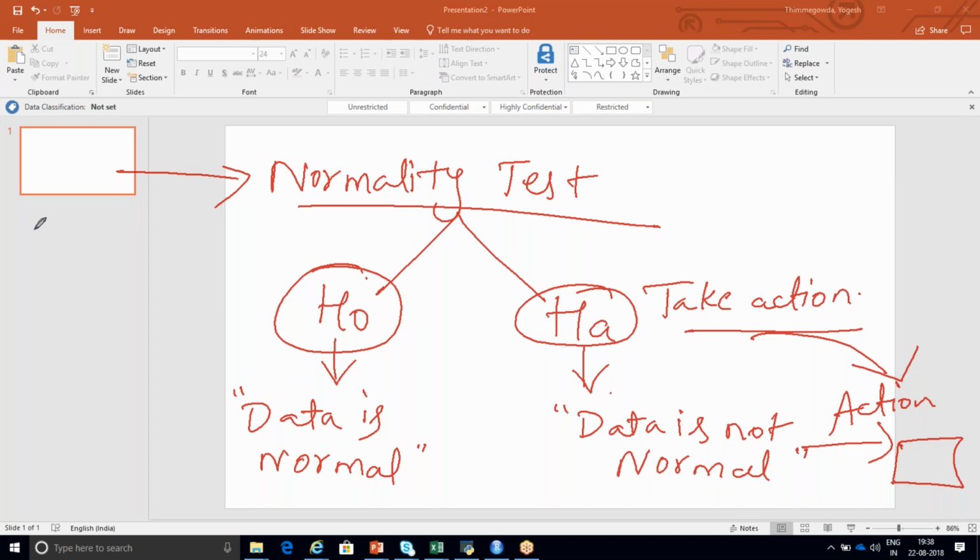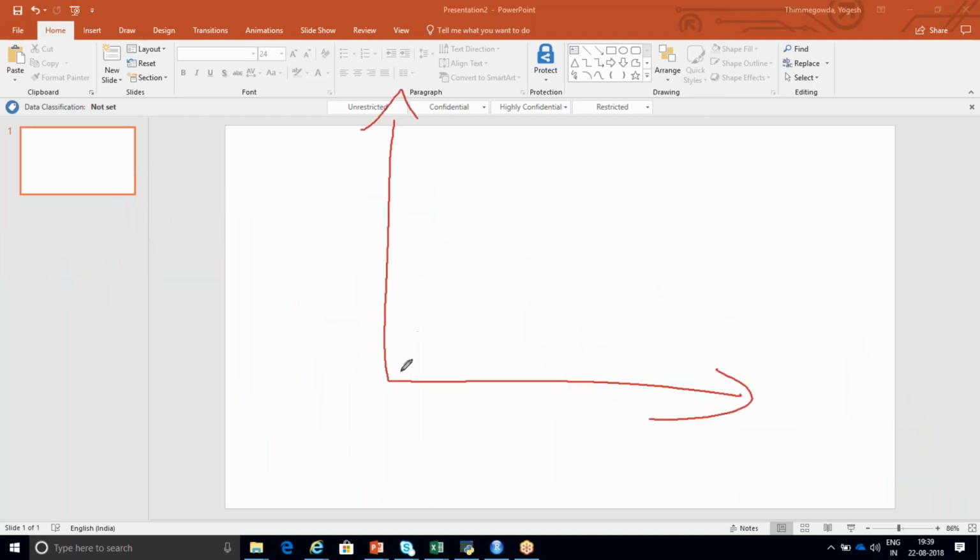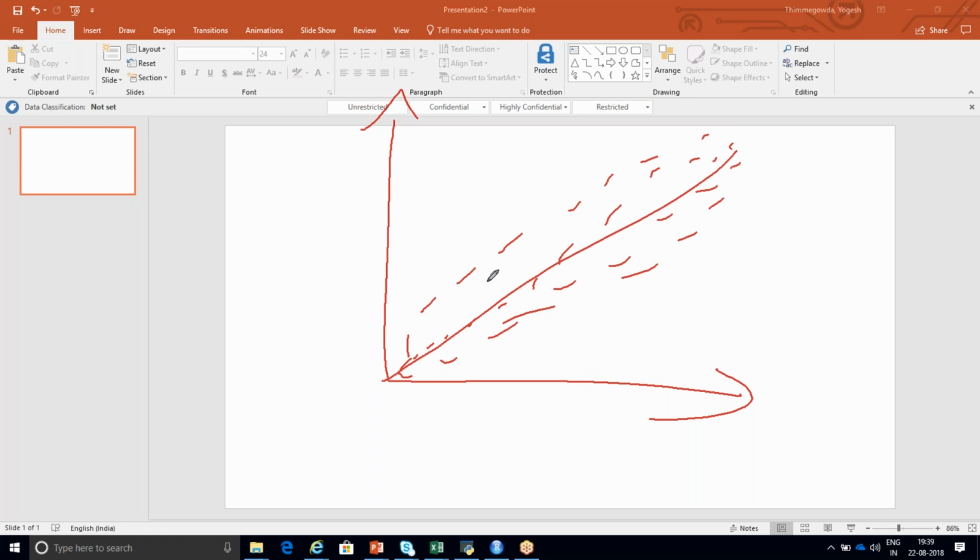And based on this, we are going to discuss something called p-value. Did I explain you about p-value? No, right? So today I'm going to explain how to check whether your data is following normal distribution or not. Consider that this is your x-axis and y-axis. As I told you, we have used this QQ plot. Approximately, if your data is following this straight line, then your data follows normal distribution.